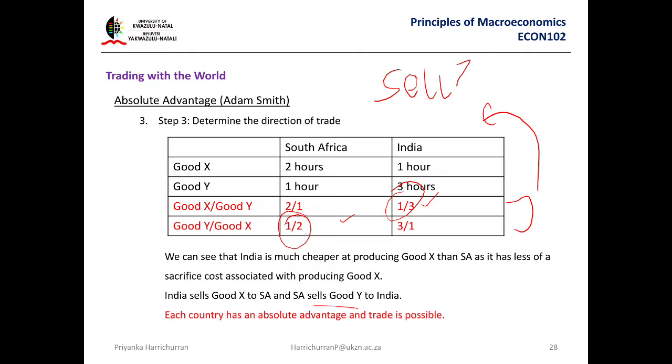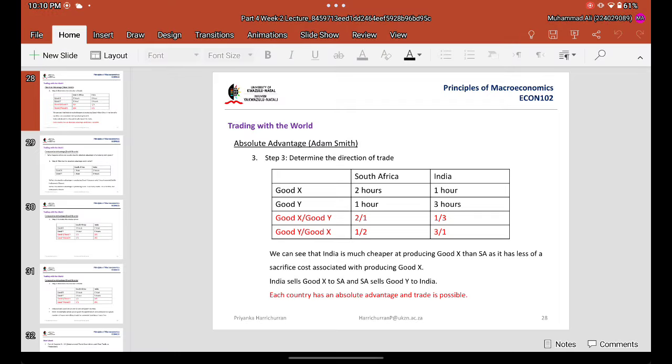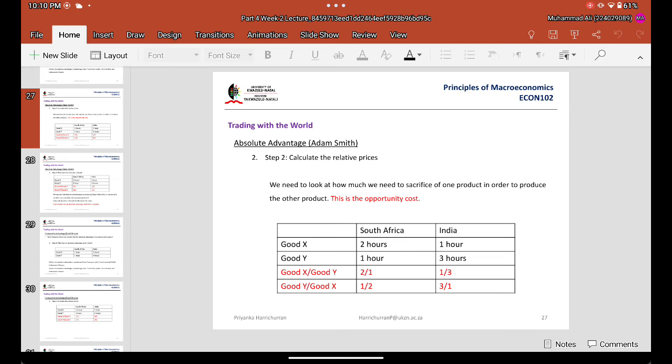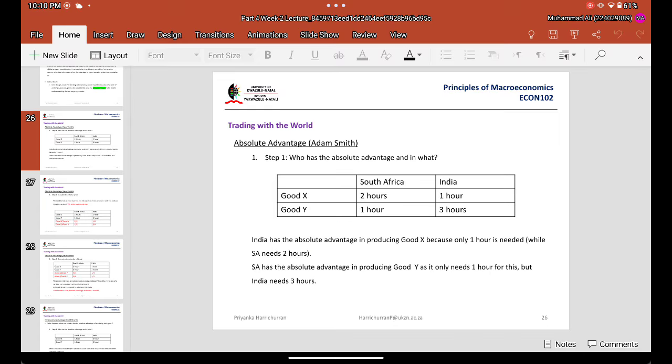So everything that we did was calculated on absolute advantage, right? I'm just thinking, why did we do all these calculations, to be honest, when we can just go to the first and do that? Just curiosity. Because from here we picked India, and here we picked South Africa. So we don't even have to do those calculations. We picked India because out of X this is quicker, and out of Y this is quicker. So why did we do all those calculations?